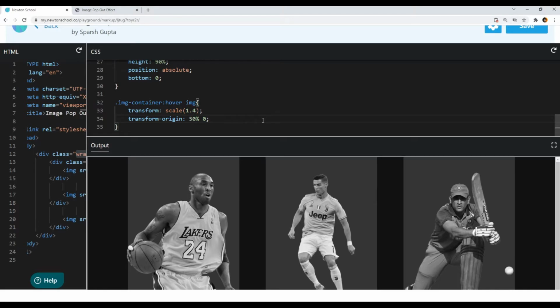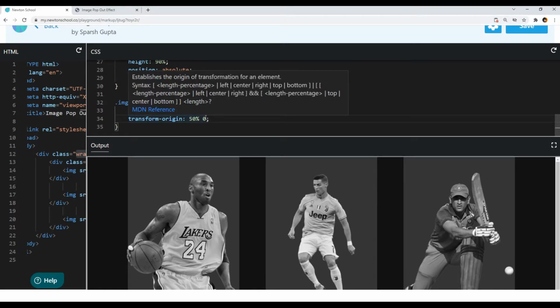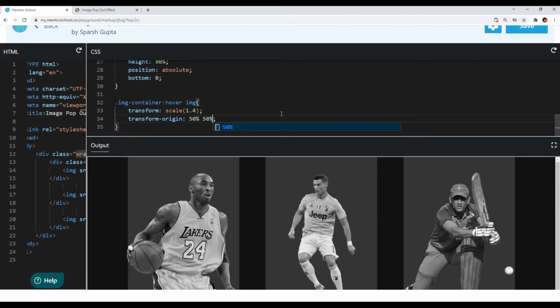The default value of transform origin is 50% and 50%, or you can also say center. Okay, so you can also use keywords like bottom center, top left, top center, bottom right, etc, etc. So the default value of transform origin is center.